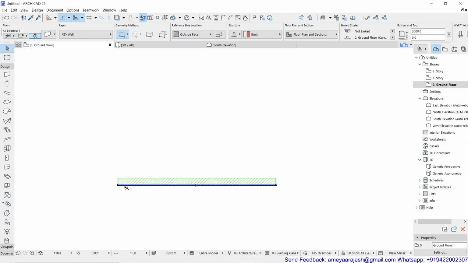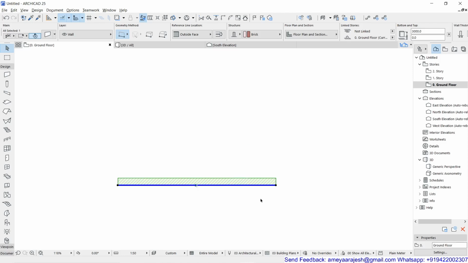And now on the blue line, if I keep my mouse, you can see a thicker Mercedes cursor. You can see my upside down Y-shaped cursor is a thicker one. On the other side, it is a thinner one. Remember, the thinner Mercedes cursor will give you fewer options in the pet palette, while on the thicker side you will get the maximum options in the pet palette.